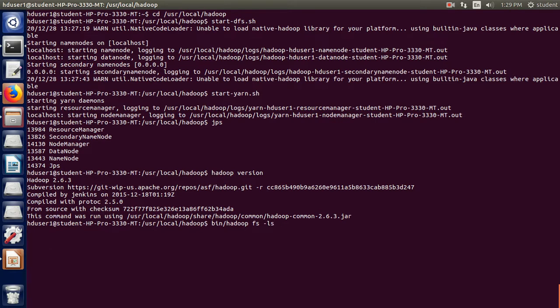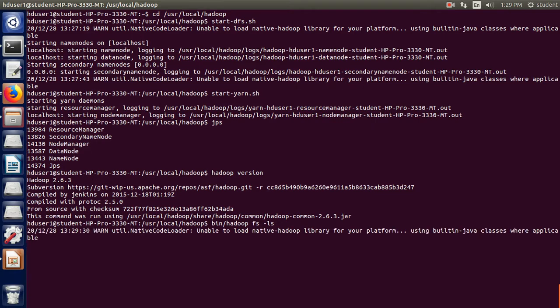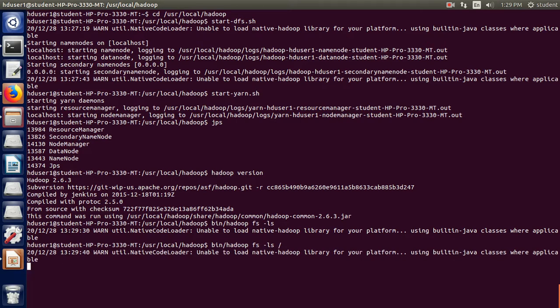I will list the directories under the root directory, that is the slash folder. So I say fs -ls /, and I can see all the directories under the main file system, the actual file system.